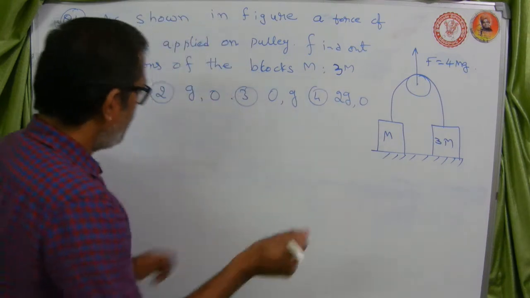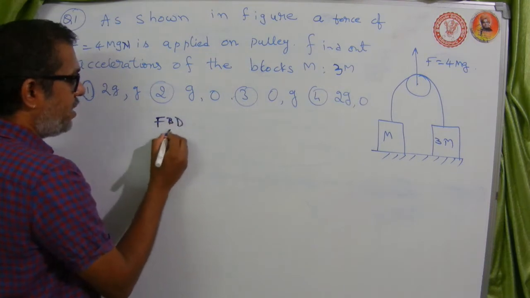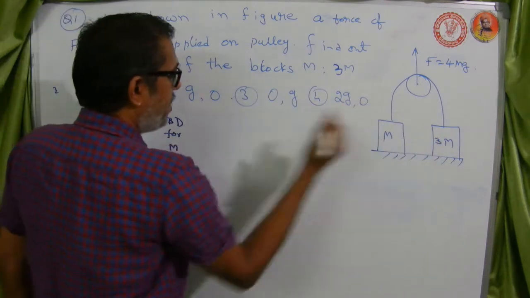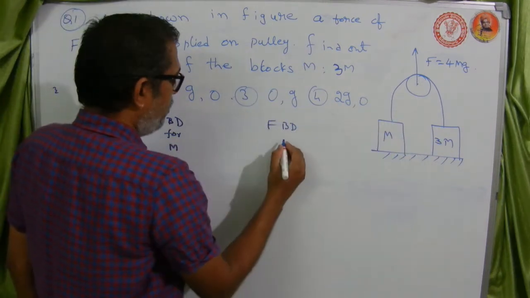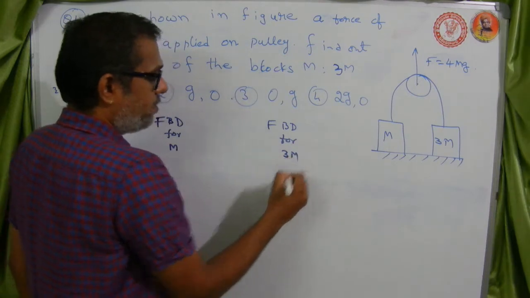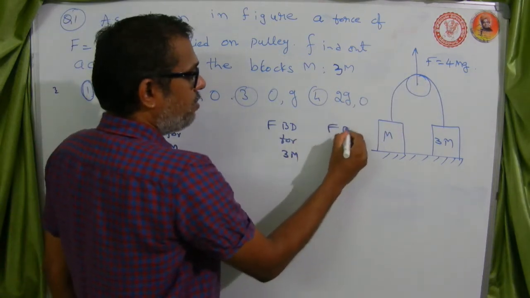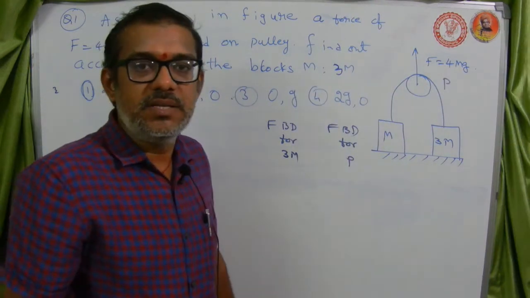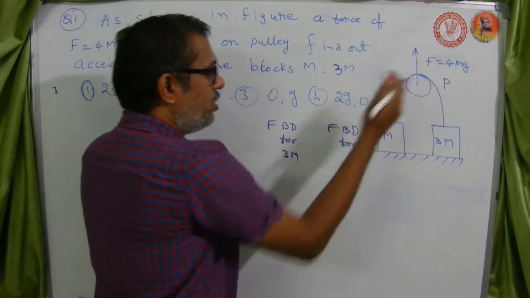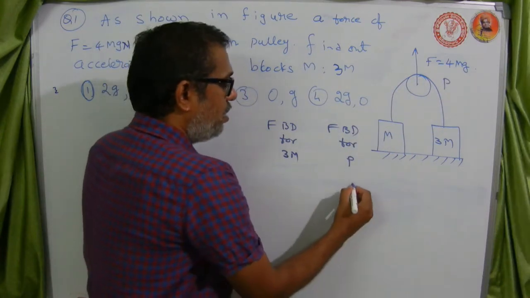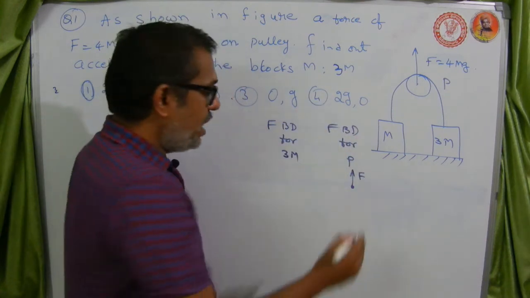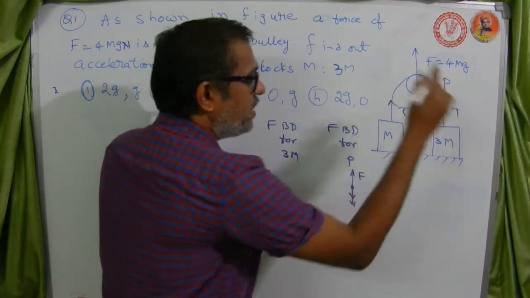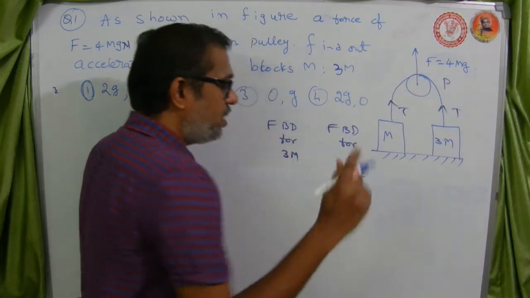Please look here. Let us consider the free body diagram for the first object, M, and the free body diagram for the block 3M. And the most important thing is the free body diagram for the moving pulley P. Let us consider the moving pulley, which contains the P symbol in the given problem. Now, this is the pulley. Upward we are applying a force F, and below are the tensions T and T. We imagine that T and T are the tensions in the strings, therefore 2T comes here.